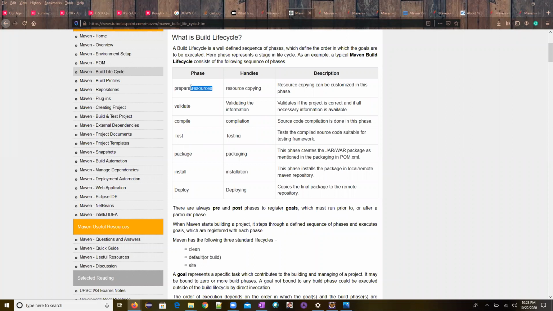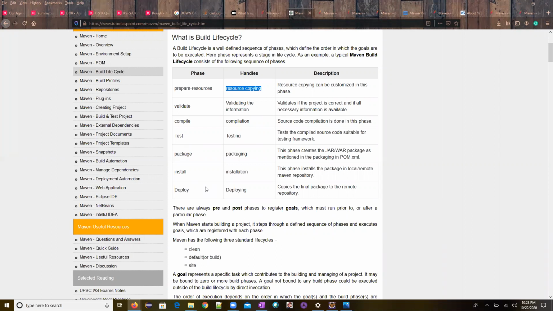Prepare resources. What it will do is resource copying. Resource copying means, from where will it try to copy? It will copy from the local repository to your project. That is what it was trying to do, right? If that is not there in the local repository, it will go and fetch from your Maven repository.